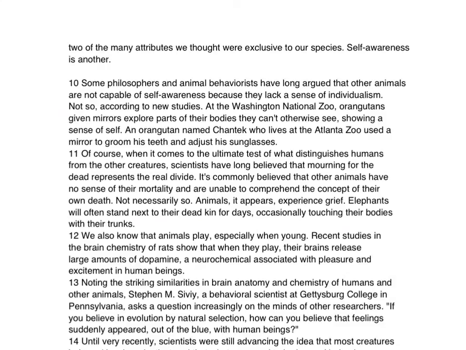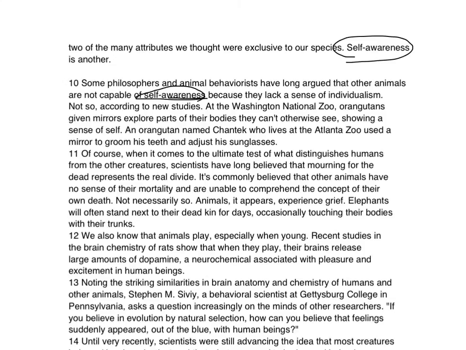Some philosophers and animal behaviorists have long argued that other animals are not capable of self-awareness. Okay, so we've got the self-awareness connection here. That matches the self-awareness connection here, and that keeps us on the same track. Because they lack a sense of individualism. Not so according to new studies. At the Washington National Zoo, orangutans given mirrors explore parts of their bodies they can't otherwise see, showing a sense of self. An orangutan named Chantek, who lives at the Atlanta Zoo, used a mirror to groom his teeth